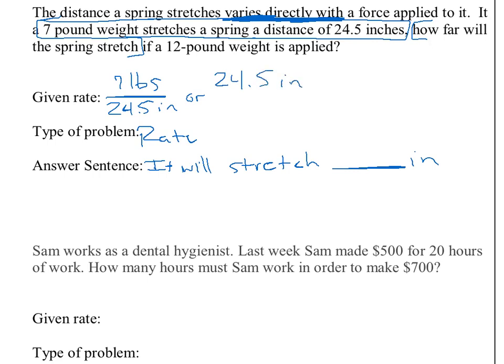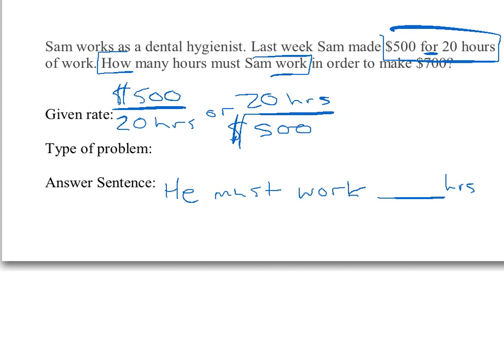Okay, the Bad Bros Club part number 2. All right, and I'm going to give you about 1 minute for this last problem. Okay, so looking at this, you should have recognized the word for in here between these two different sets of units as identifying your rate. So you should have $500 for every 2 hours or 2 hours for every $500. Bracketed in your question here, how many hours must Sam work? And your complete answer sentence, he must work blank hours. Any questions about that? All right, as you flip